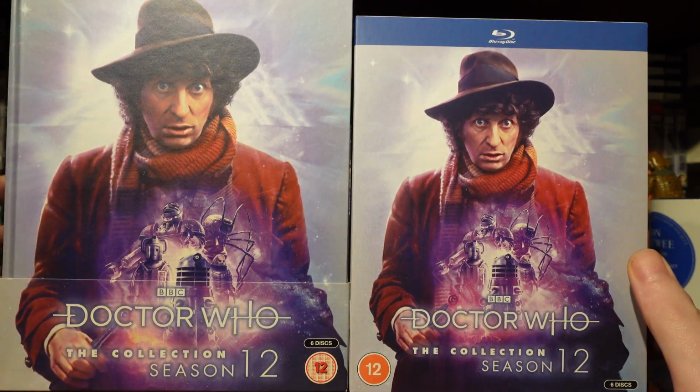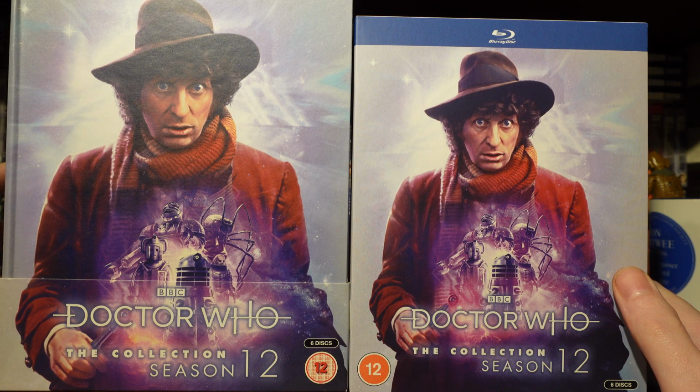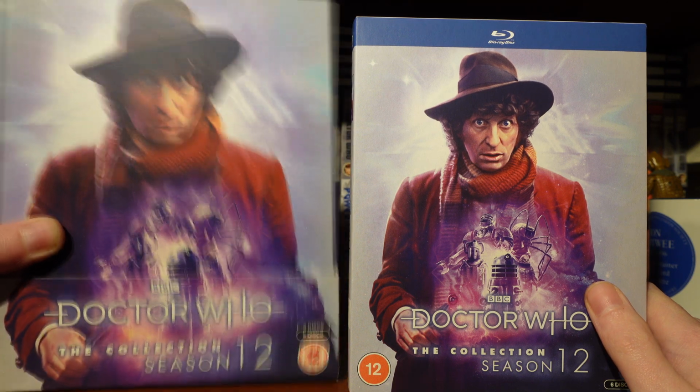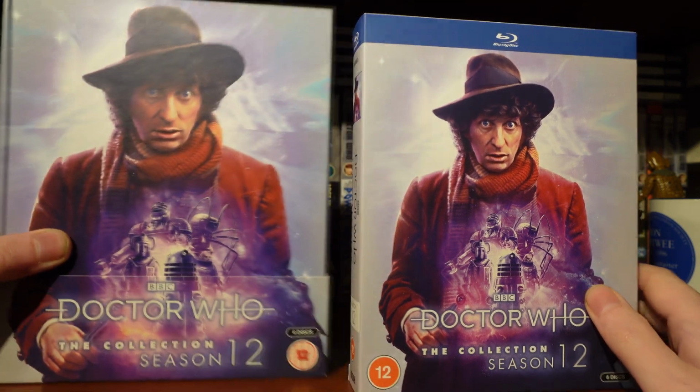Both contain 6 discs. The only real change is in how the set is presented, because you're getting exactly the same content on the discs. It's just how you want the set to look on your shelf. So if we move to the side,